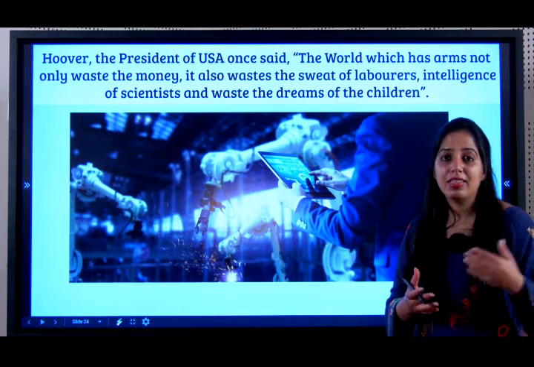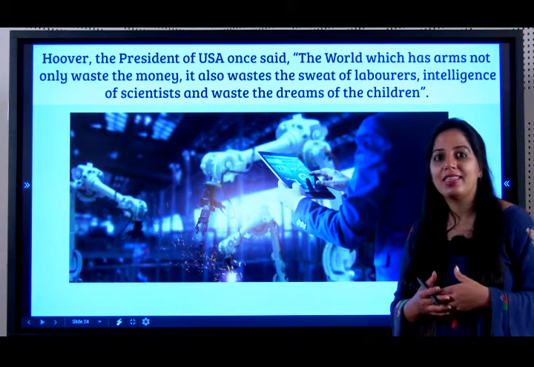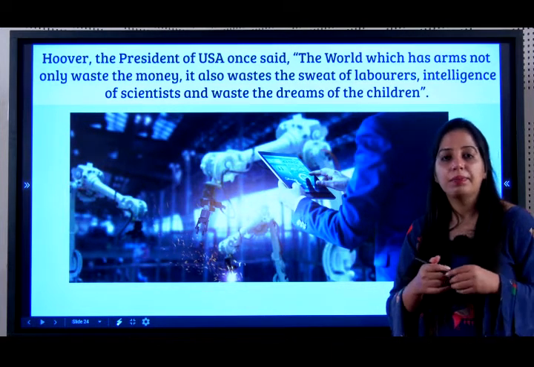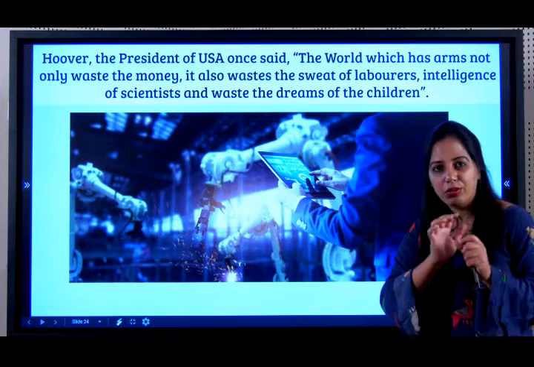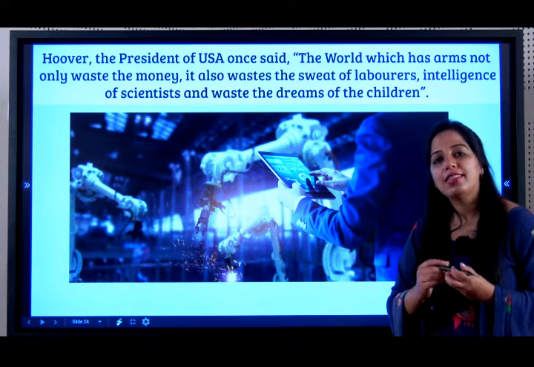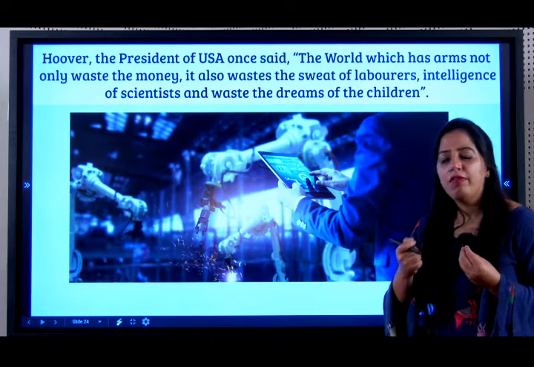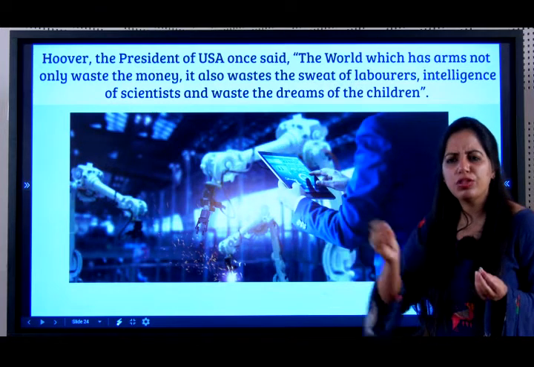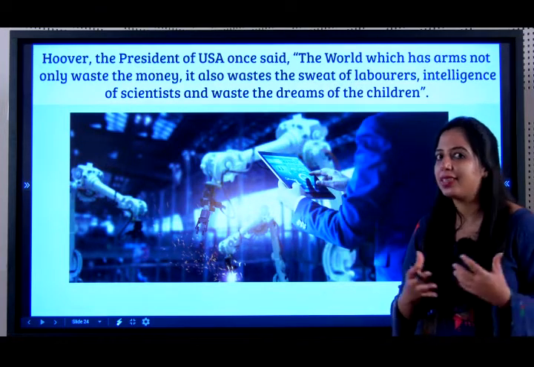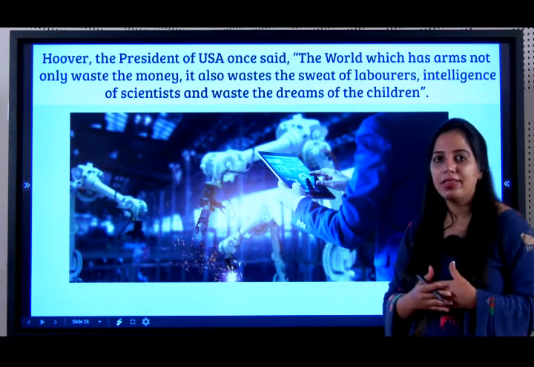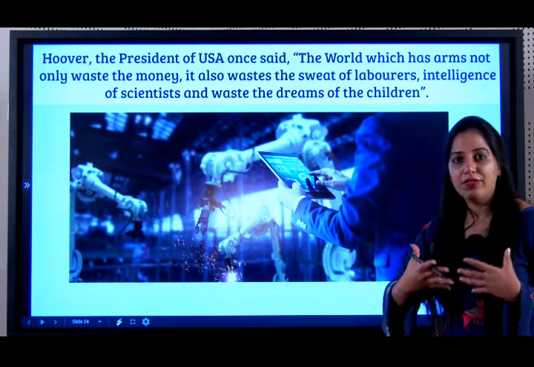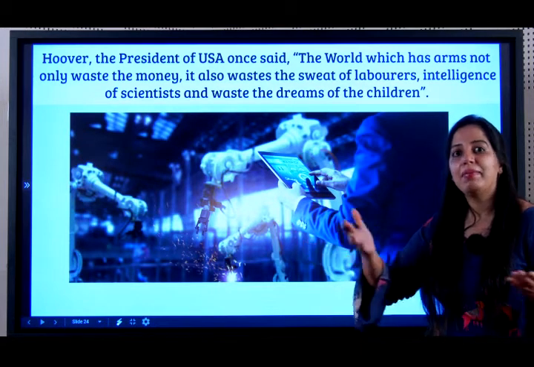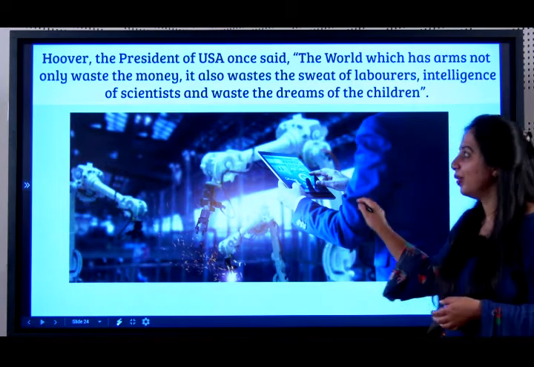Our ex-president Abdul Kalam was one such scientist. He invented a stent. Let's say you have a blockage in the heart. They put a stent to open the blockage. He found a stent that was very cheap, so it brought down the cost of heart surgery from lakhs to just a few thousands. Imagine how many lives he saved. Even President Roosevelt similarly says that if these scientists could use their expertise not to make weapons, but to actually make mankind a better place, it would be so good.